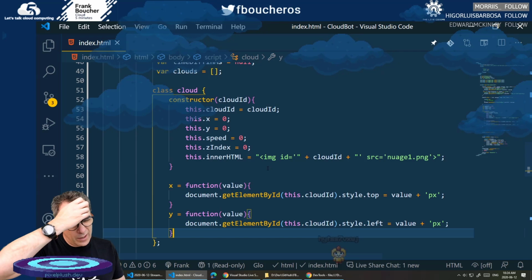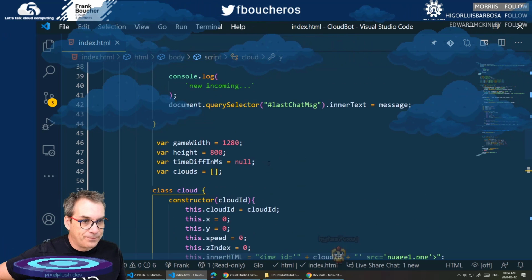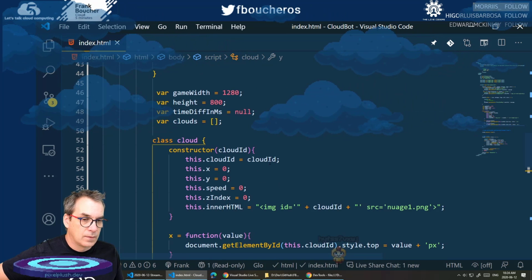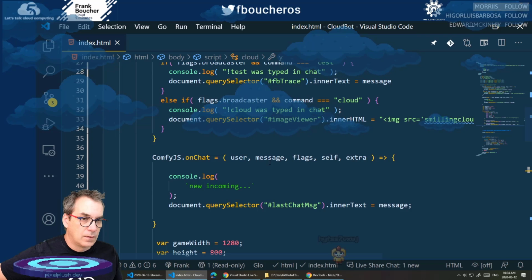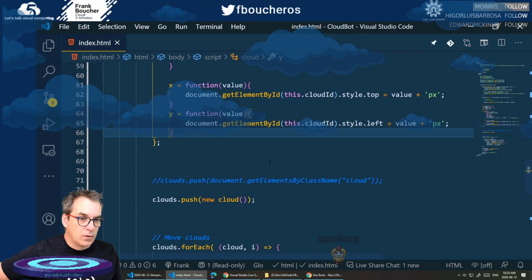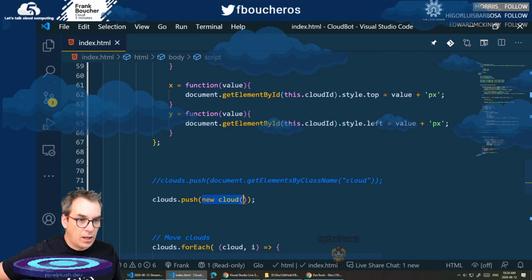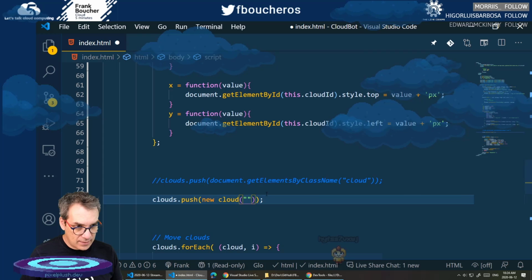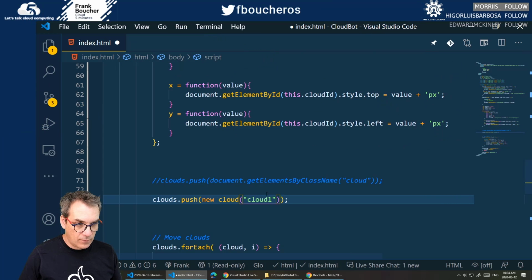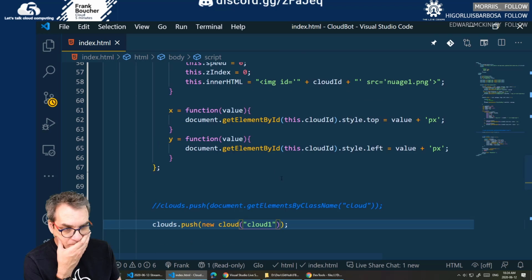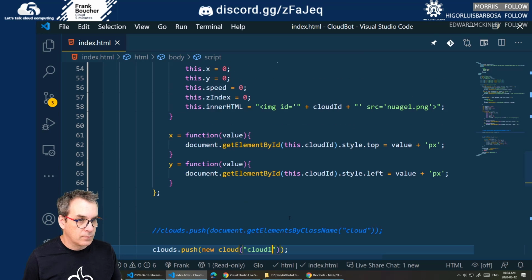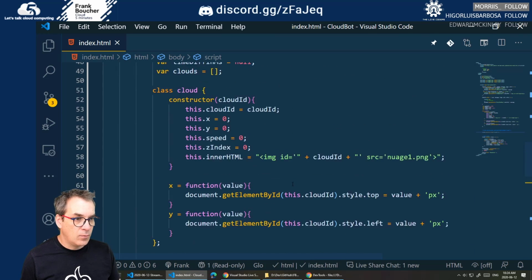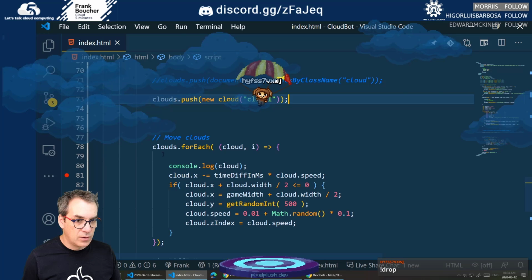Okay, so now we create a new cloud. We need to pass an ID. So let's pass the ID cloud1. And then what we could do is